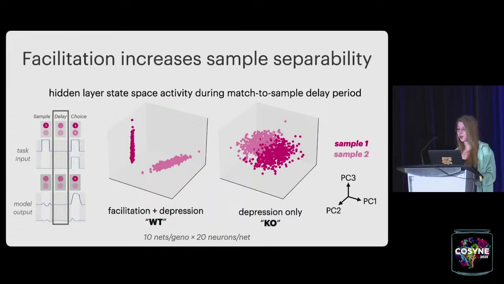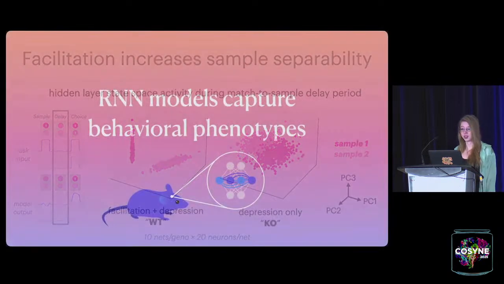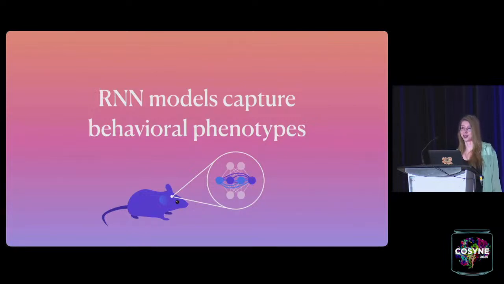This finding was surprising because we expected that having multiple types of short-term plasticity might make wild-type networks even better at activity-silent storage, for example, than knockouts. But instead, it seems that the lack of facilitation makes the delay period even quieter, with more muddling between the samples as a result. So having replicated our behavioral phenotype in these models, we lastly wanted to test the model's